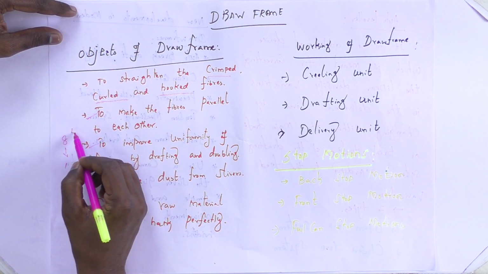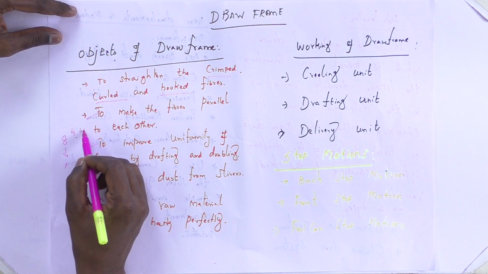Here, of the 8 slivers, we can use 4 slivers as cotton sliver and 4 slivers as polyester sliver. So polyester cotton blending we can do in the draw frame also. In order to process 8 single fiber slivers, we can use 2 fibers in a single machine. For example, of 8 slivers, you can use 4 slivers for cotton fiber and the remaining 4 slivers for polyester fiber. Both are combined together to form a polyester cotton blended sliver for the manufacturing of polyester cotton blended yarn. It's also possible in the draw frame process.